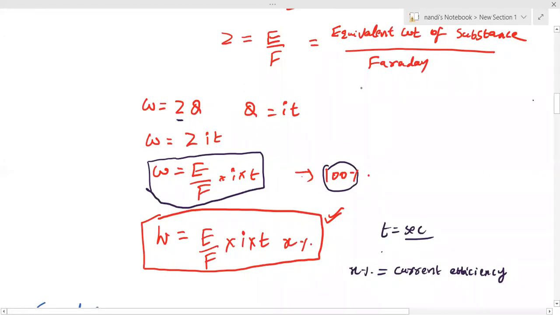We are coming one by one, sir. First I wrote W equal to Z into Q. Z, what the Z means I wrote here. Then Q also I wrote. I am substituting everything here. This is the formula. Hope you know current efficiency is not 100%, sir. Even what we take from the transformer or station, too much current wastage occurs in between. Of course, the charges we are also paying, but that is secondary. The efficiency, clear? 100% efficiency is not there.